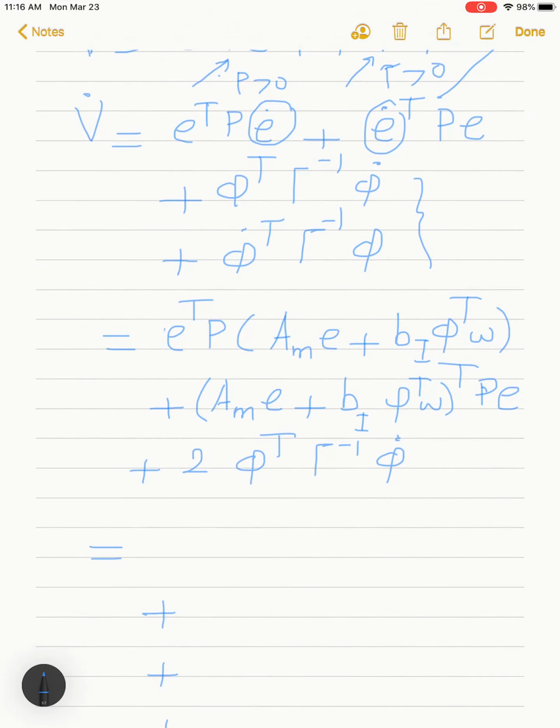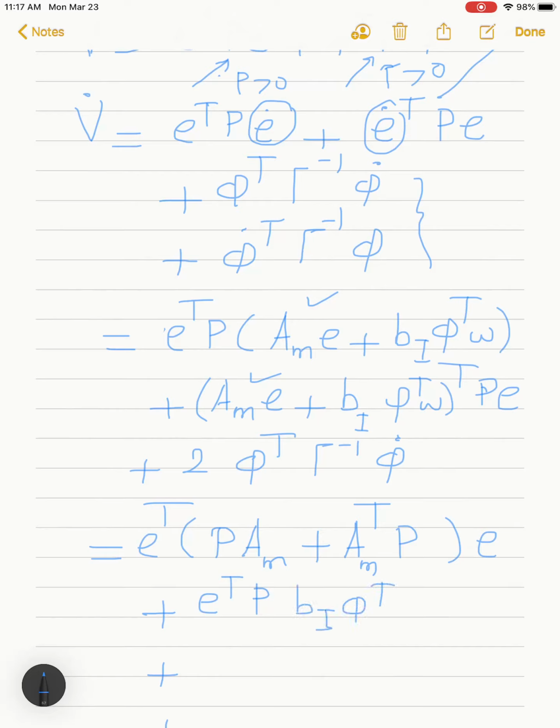Now I will collect terms that include E together. So from the first term here, I would get E transpose times P AM and then multiplied by E. And from this term here, in the second line, I would get AM transpose, because this whole bracket is transposed, AM transposed times P times E. So now I'm finished with that term, and then I will have E transpose P times BI